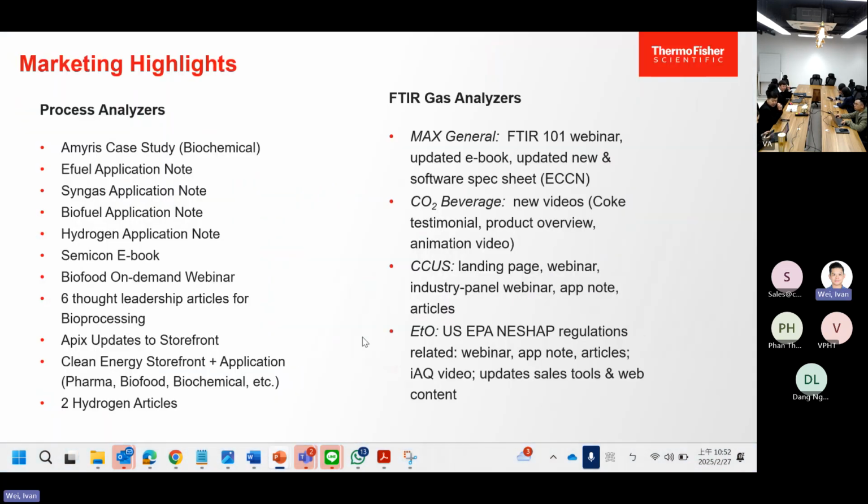Here, I highlight some products we believe are mature, and we're able to capture a lot of opportunities. As you can see here, syngas, biofuel, fermentation, etc. And also carbon capture. You can go to the website and find this. We also provide webinars to you and to the customers. If your customers are interested in our products or solutions, you can give them the link and also the webinars. That's where the customer can learn more about the application and our products.